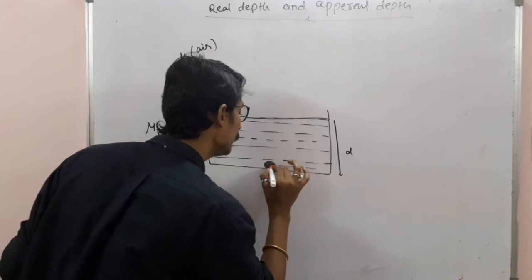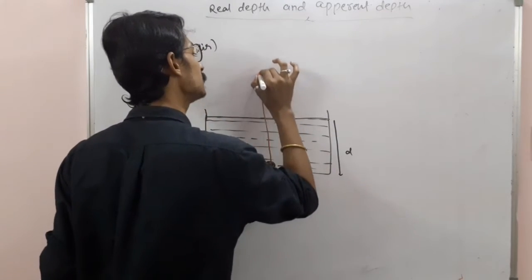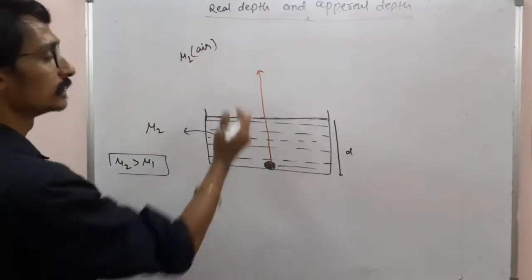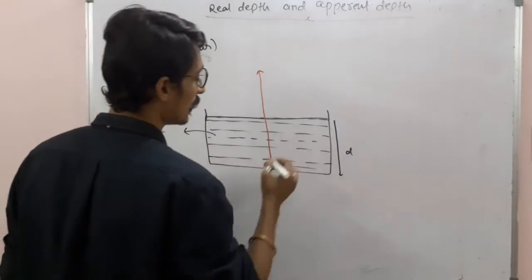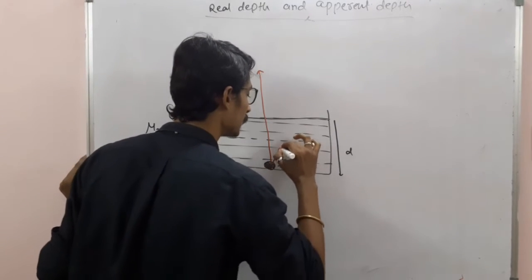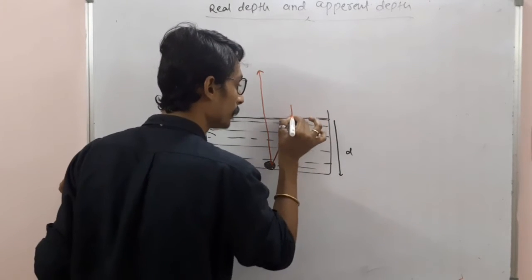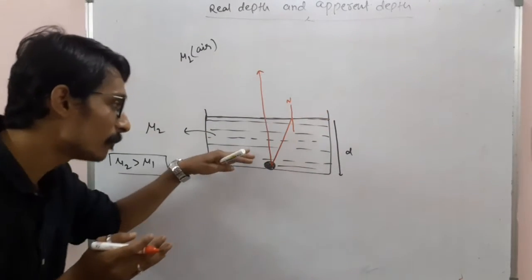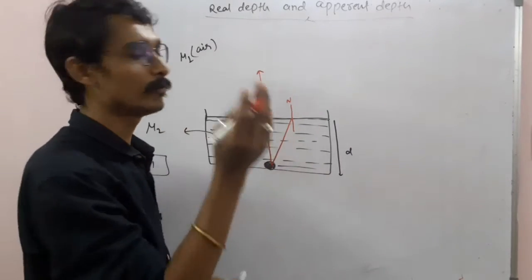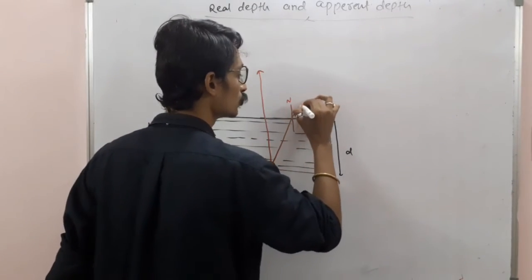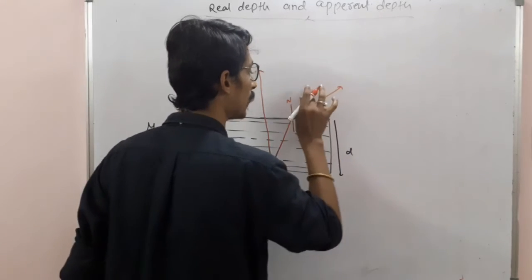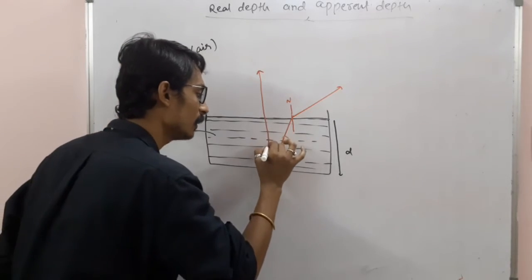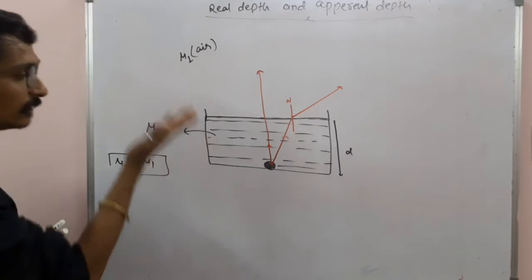One ray I am taking as straight, perpendicular to the surface and along the normal, which will pass undeviated. And another ray I am taking like this. This is the other ray I am assuming here. Draw the perpendicular; this will act as the normal, right? And as we are moving from denser to rarer medium, the ray will move away from the normal. So this was supposed to go in this line, but it will move like this. I am removing this one, and put the arrow. That arrow denotes the direction in which the ray is moving.